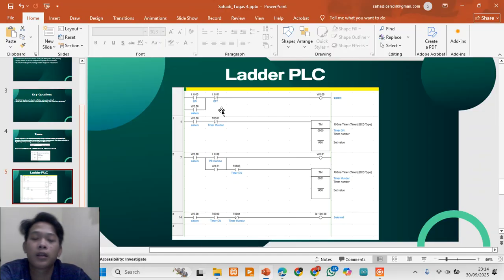Timer 000 for the address, a TON timer, begins counting.